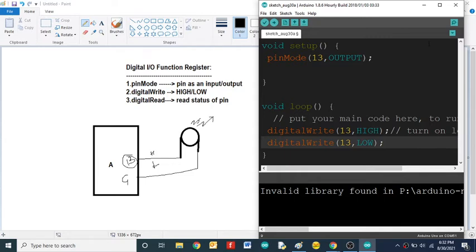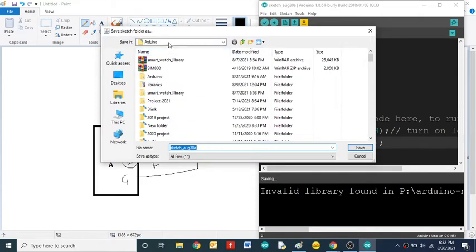After that, we'll discuss it with the delay. So let's compile it. This is the compiling option, verify. Just click verify and we have to save the program. So we have to save the file name. You can save whatever you want without mentioning any extension like .c or .m. It doesn't need an extension name, just give the file name.